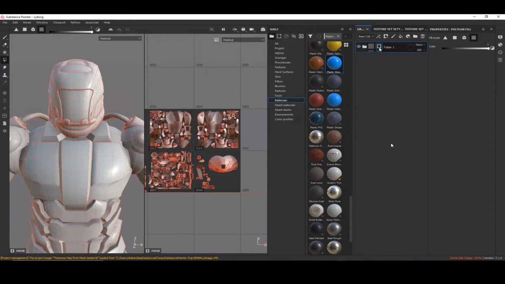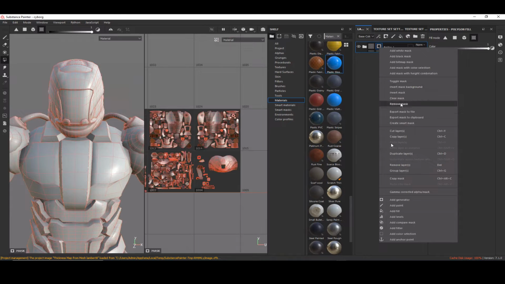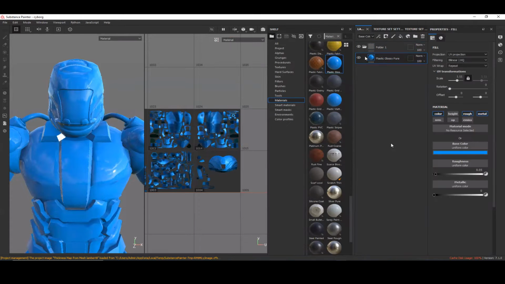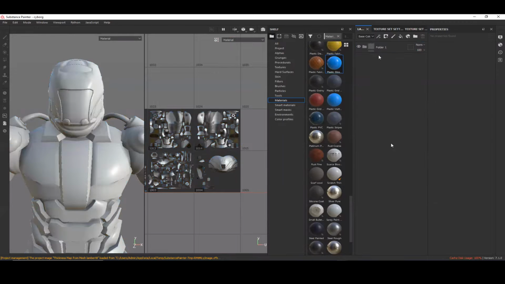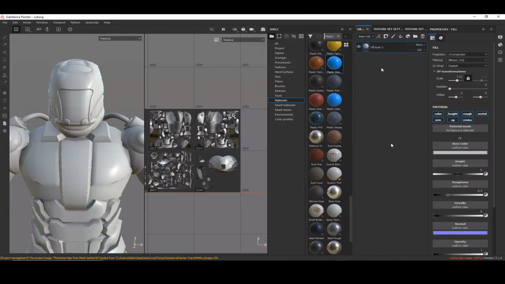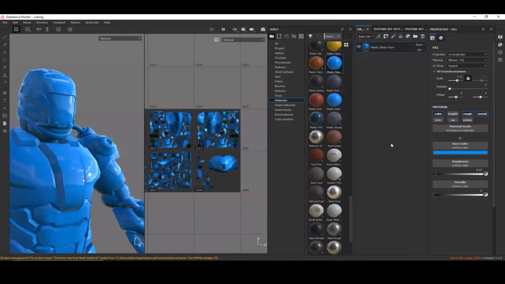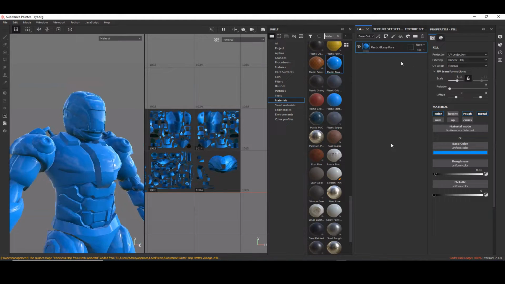So what I did was, show it once again. I take a fill layer or take a material, whichever you want. Start with a material, a good way to work. So I take a material and take a folder, drag the material into the folder,